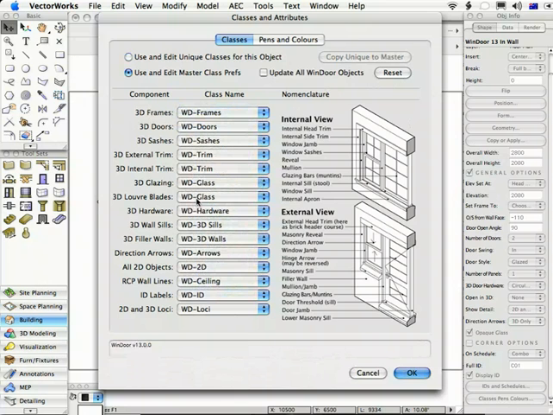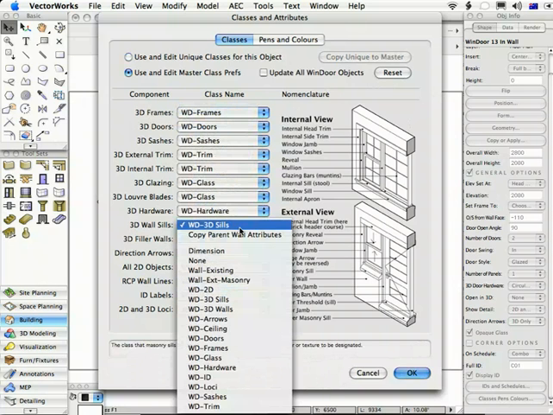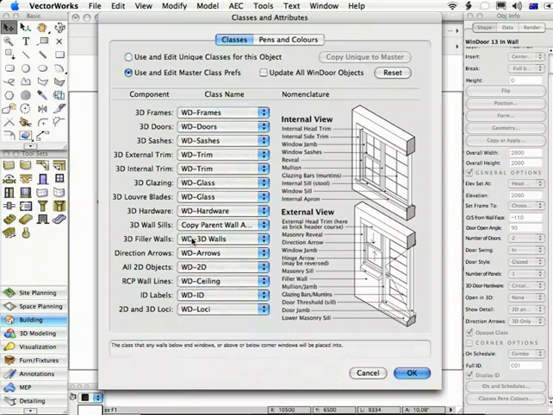One other thing about the class names, and that is that for 3D wall sills and 3D filler walls, these two settings have one additional option, which is Copy Parent Wall Attributes. So if you're using filler walls, by setting these to Copy Parent Wall Attributes, when you put a WinDoor object that has filler walls into a wall,